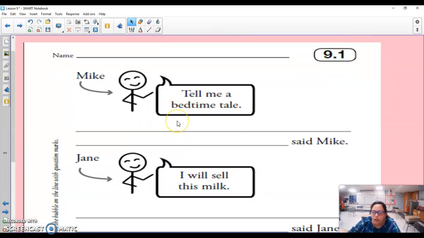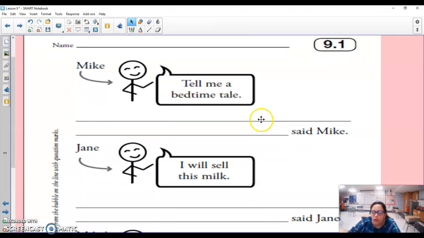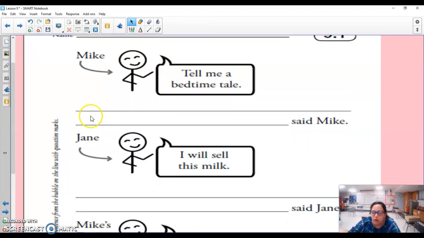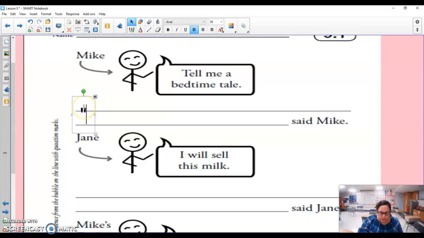So now I want you to take out your 9.1 page that I sent home with you, and I want you to go ahead and write the quotation marks. I'll do the first one with you. It says, Mike, tell me a bedtime tale. So Mike is saying, tell me a bedtime tale. So you start with your quotation marks. Remember, capital T, and then you're going to write, tell me a